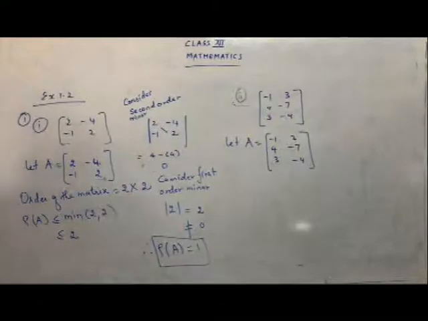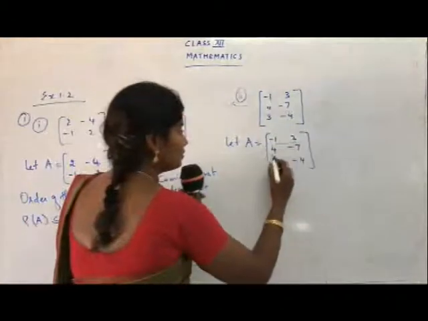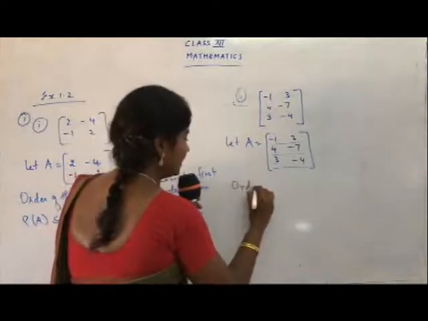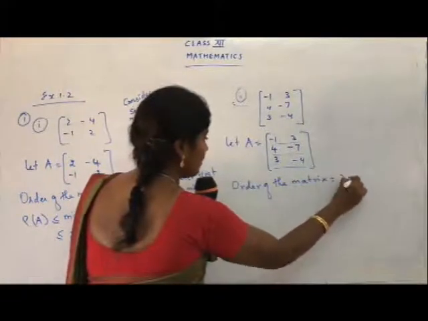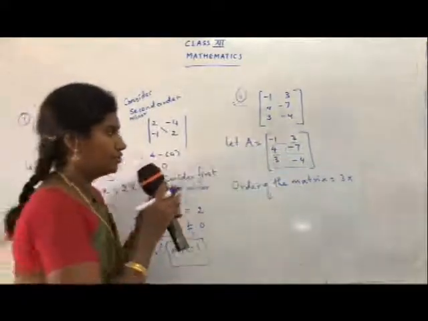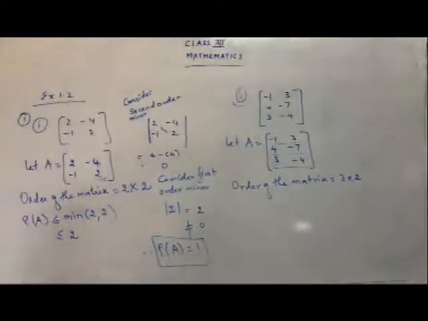Now let's go for the second step. You have to find out the order of the matrix. So what is the order of the matrix? How to find the order? Yes, write the number of rows and write the number of columns. Let's find the number of rows here. 1, 2, 3, the sleeping numbers. So order of the matrix is equal to 3 cross. Let's find the number of columns. The standing numbers 1, 2. So 3 by 2. Order of the matrix is equal to 3 by 2.